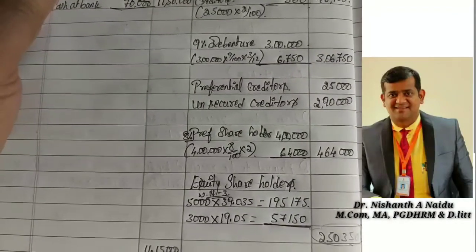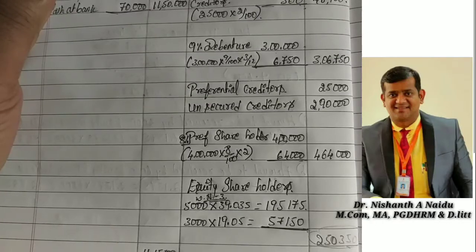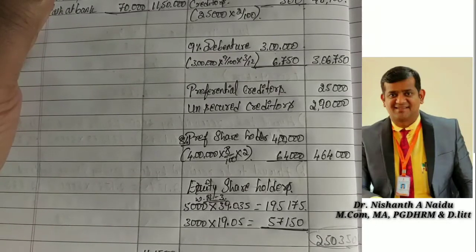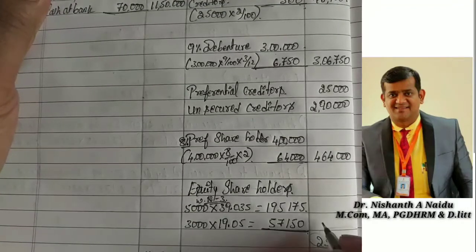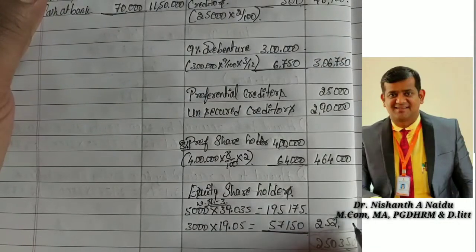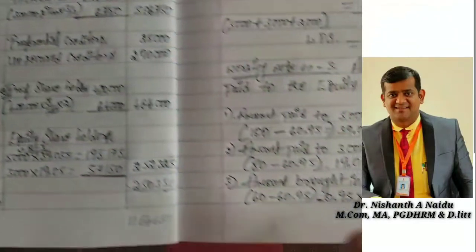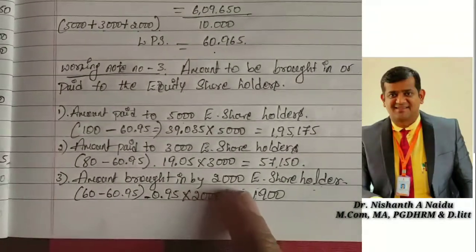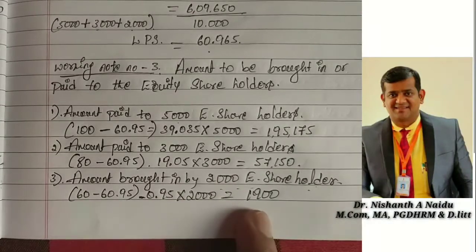So next, total both: 1,95,175 plus 57,150, that is 2,52,325. Okay. So now that point 3, the amount to be brought in by 2,000 equity shareholders, 0.95 into 2,000, 1,900,